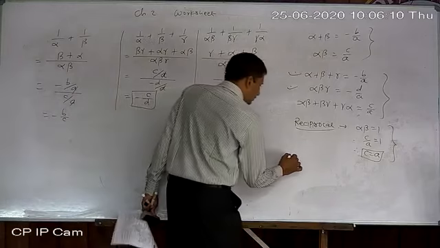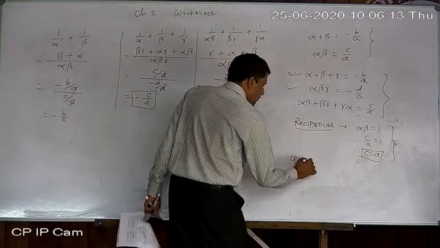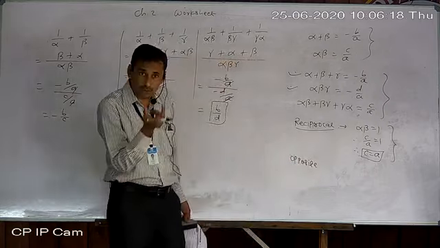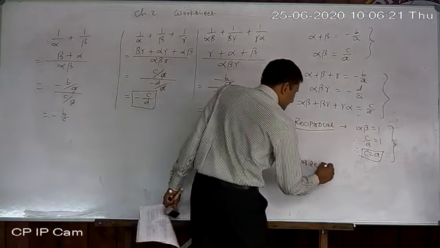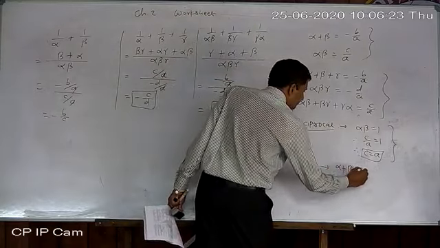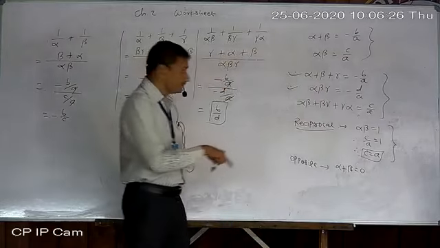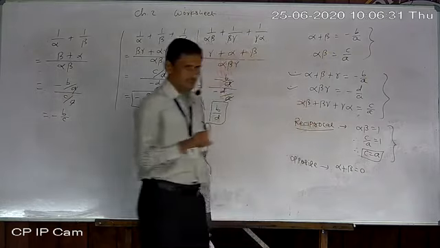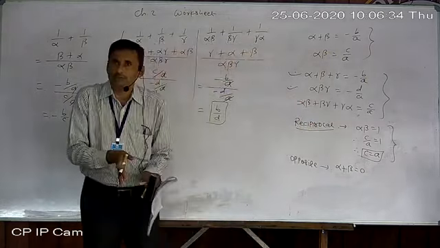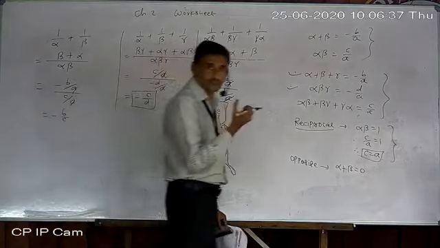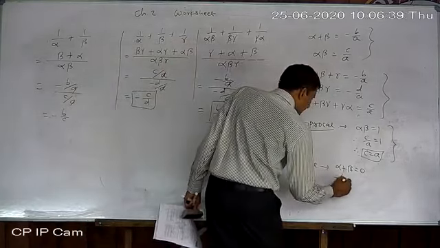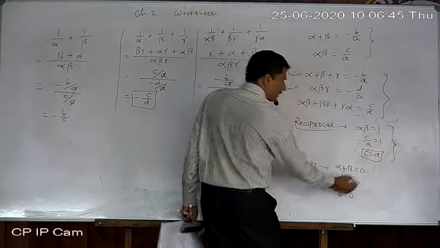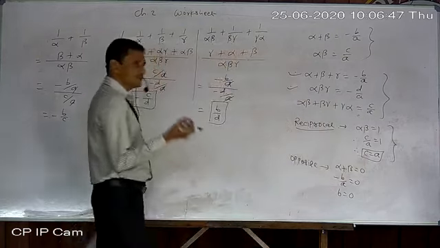Sometimes you come across the opposite word. Opposite means 2 and minus 2, 3 and minus 3, 5 by 2 and minus 5 by 2. They are opposite of each other. Okay. So at that time, alpha plus beta equal to 0. Here alpha into beta equal to 1. The reciprocal product is always 1, and the opposite sum is always 0. That is the definition of reciprocal and opposite. So minus b upon a equal to 0. We cannot say about a, but b will be 0. Why? A goes away. So minus b equal to 0 means b equal to 0.